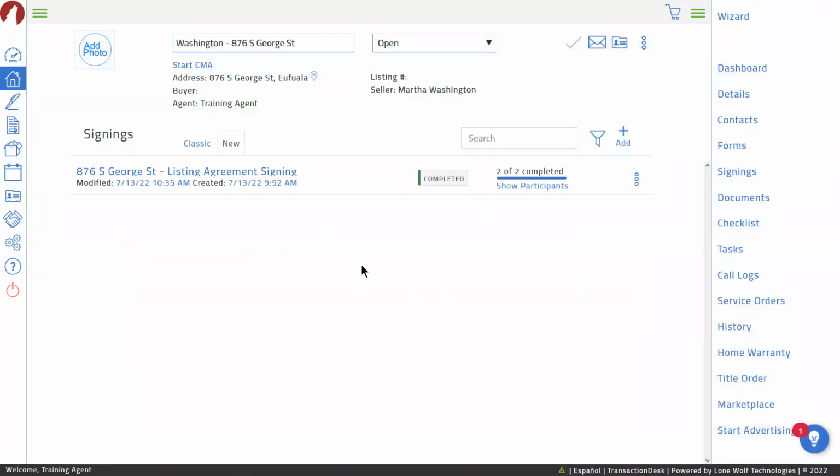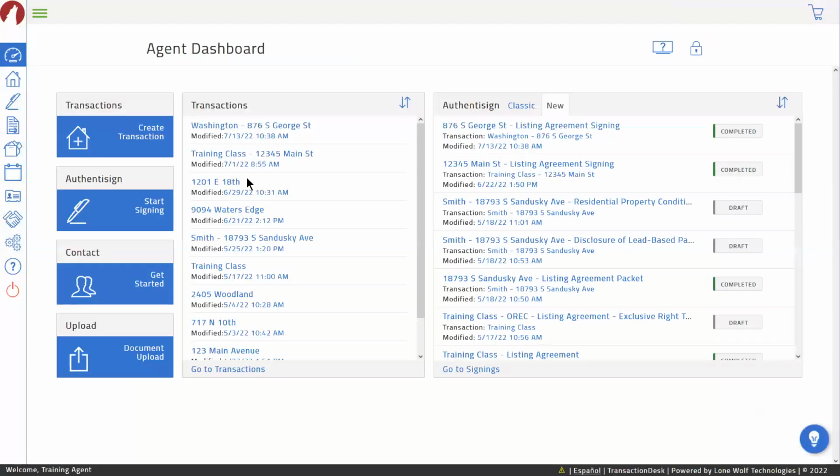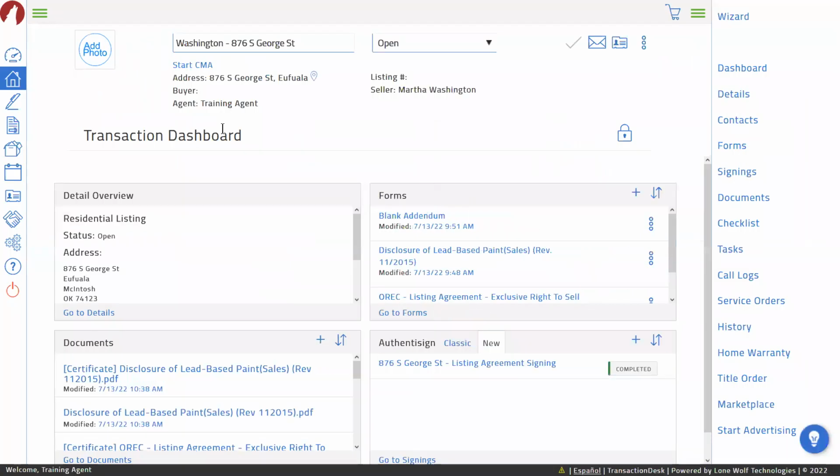All right, now if I come back to Transaction Desk, I can see that it's automatically updated my thing showing that both Martha and George have completed their signing. If ever you end up in a situation where the client says, oh, it doesn't look like it came to the right email address, let me show you how to get into that. So you've received that note from the client. I'm going to go into this transaction, open up my transaction, head over to my signings,